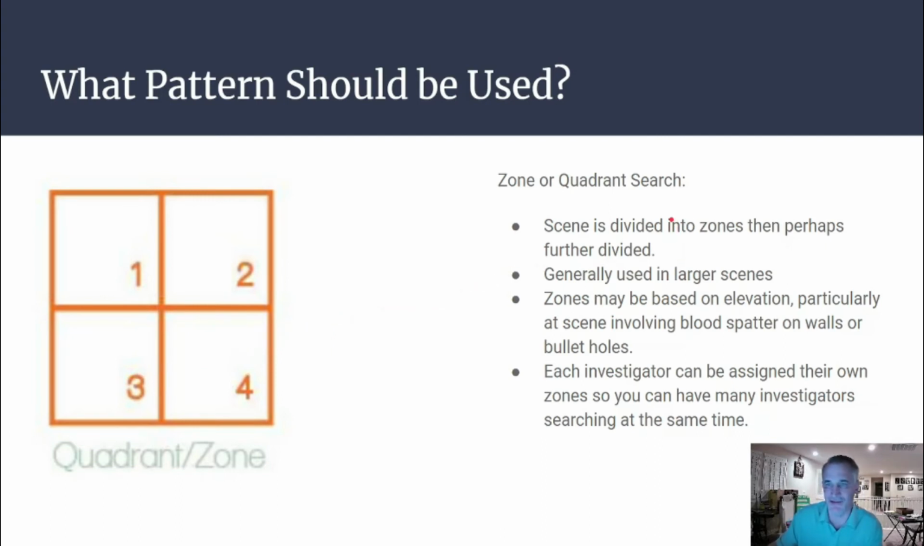So the scene is divided into zones and then perhaps even further divided. This is generally used for larger scenes. Zones may be based on elevation, particularly at a scene involving blood spatter on walls or bullet holes. So this could be a wall that you're looking at, right? And you could divide your wall up into quadrants or even further, as I mentioned. And then you could be looking for bullet holes, or you could be looking for certain blood spatter patterns on